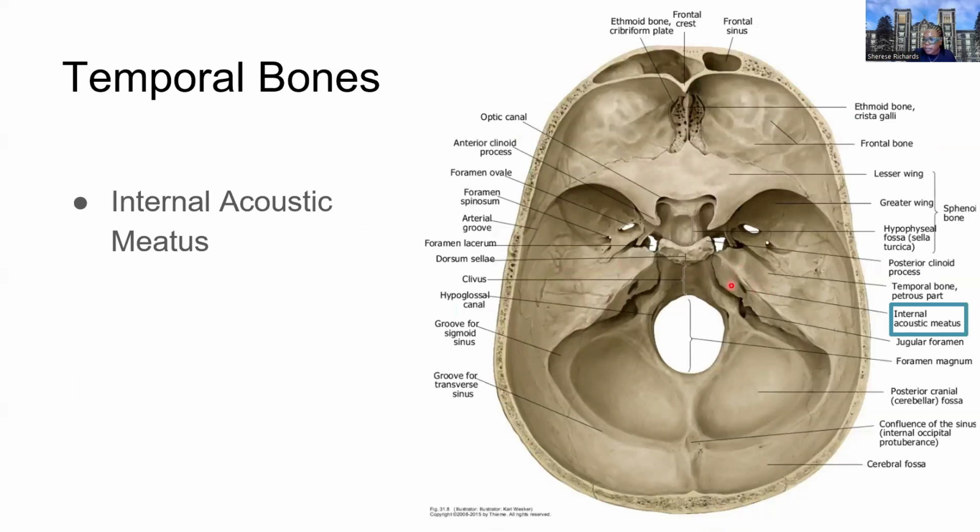Lastly, the internal acoustic meatus. So we talked about the external acoustic meatus, which is the external part of that canal. And then the internal acoustic meatus can be appreciated from an internal view. This is a superior view. And then that is the opening leading to the inner part of the skull, right? And then looking at the superior view, so thinking about how when the view changes, so now we're looking down into the floor of the calvarium or the skull. And then now the right and left is going to be the same as your right and left. So this is the right side of the structure now that we're looking superiorly down, and this is the left side of the structure. So this would be, for example, the right internal acoustic meatus versus the left internal acoustic meatus. So now this becomes the same as your